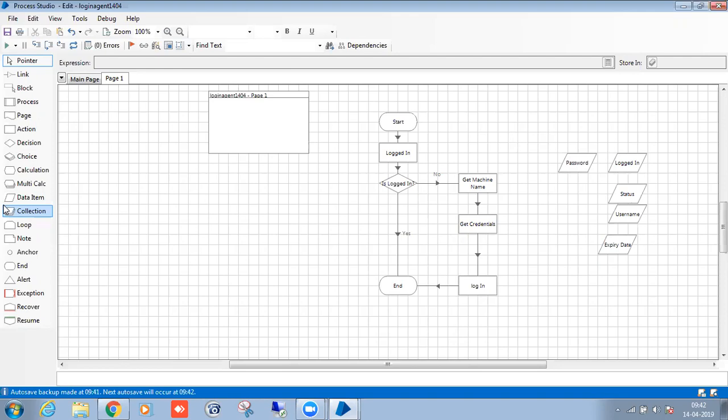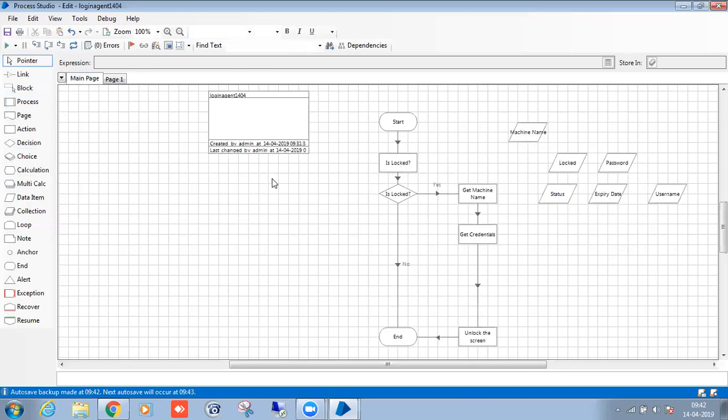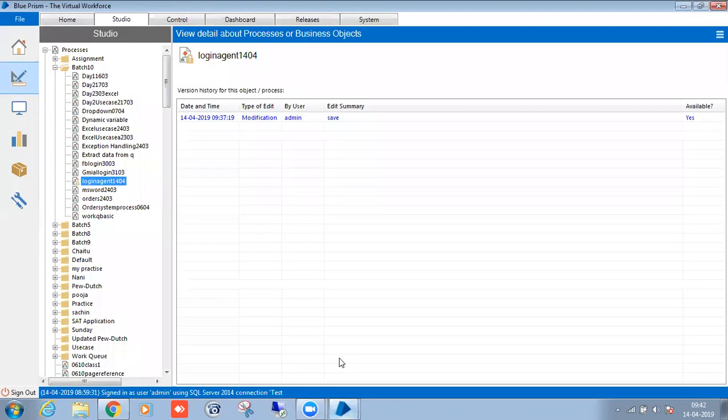And if you're running Process Studio, you no need to unlock the screen. But if you interact with any objects, like opening the browser and doing the functionalities, then when you are doing those things, your screen has to be unlocked. So that is why in our main process also we will check this unlock screen sometimes. Just copy paste this code to that particular page. That's it. Suppose this is your main process, right?